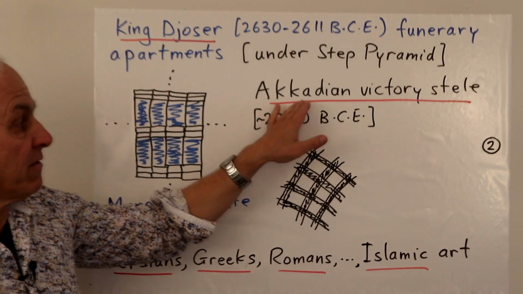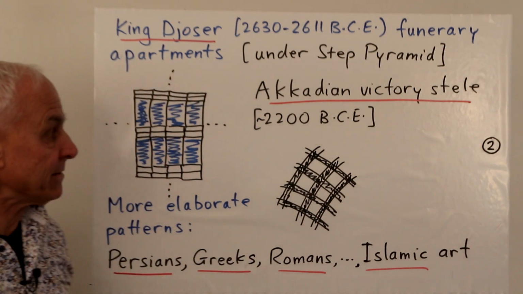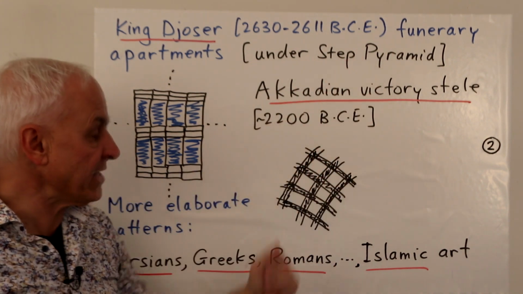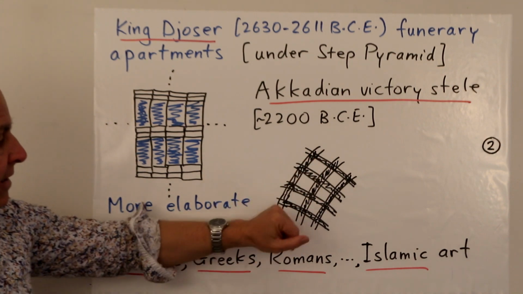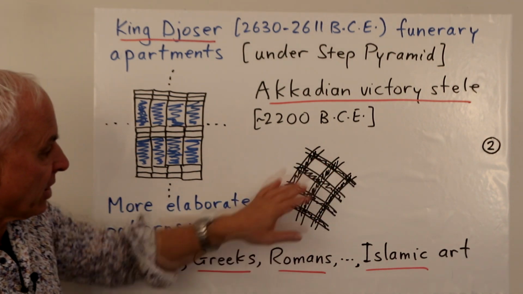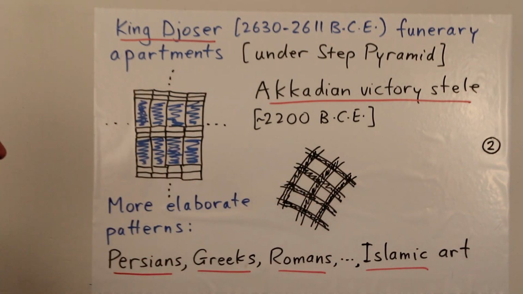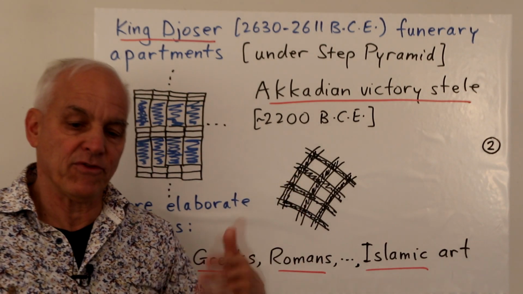On an Akkadian victory stele, going over to Mesopotamia, a little bit later, 2200 BC, there's a statue which has a very pleasant pattern on it, which we look at and we can see a tiling there in terms of these squares arranged in a pleasant, actually curved pattern along the statue. Now, these are just two examples. You could choose a lot of examples from antiquity.